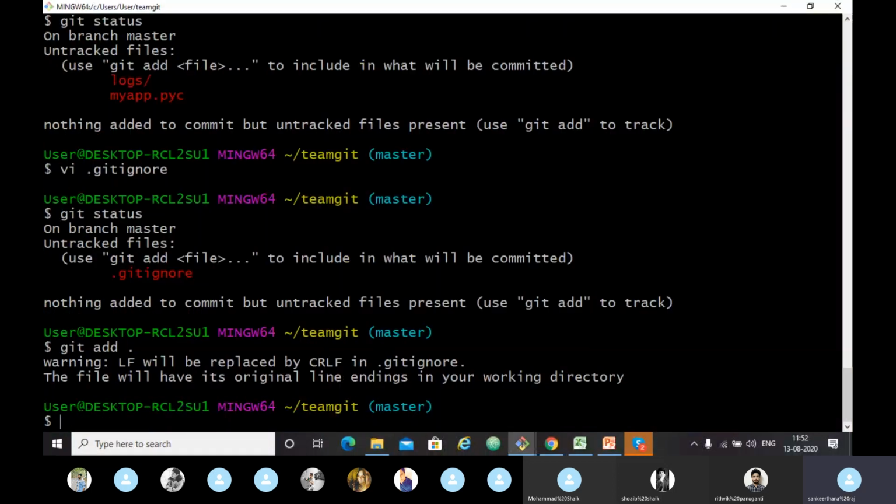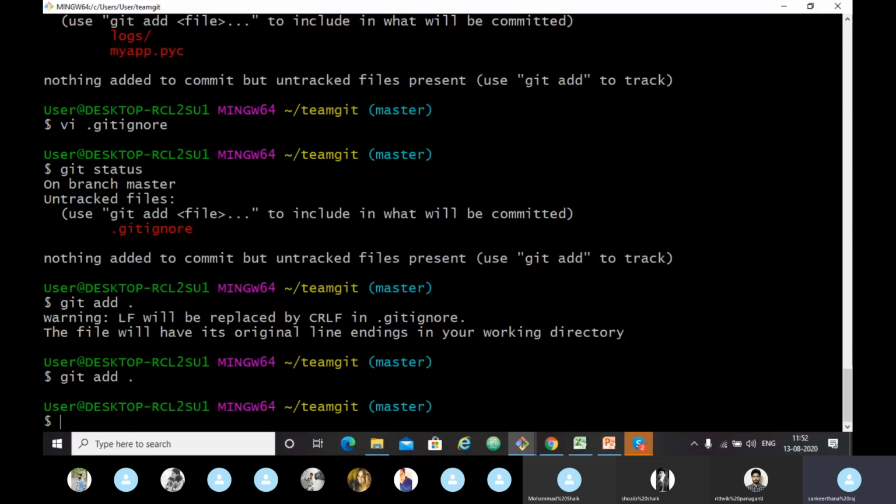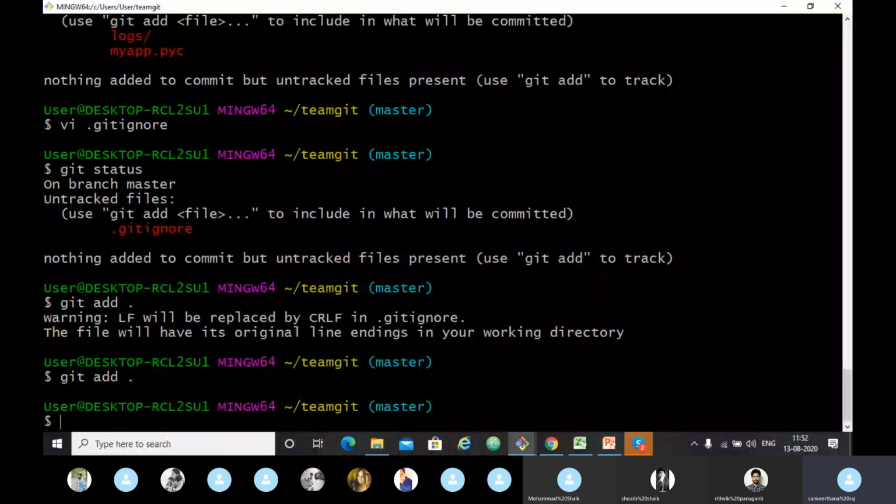It will give a warning, but you just have to type git add dot again. So now everything in the working tree is added to the staging area. So now commit the staging area to the history.